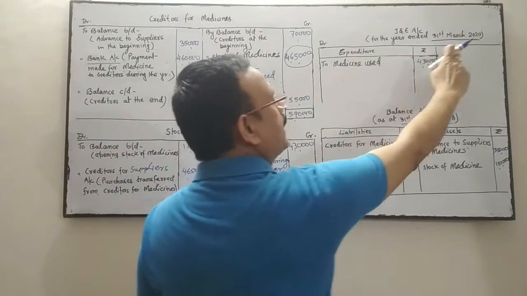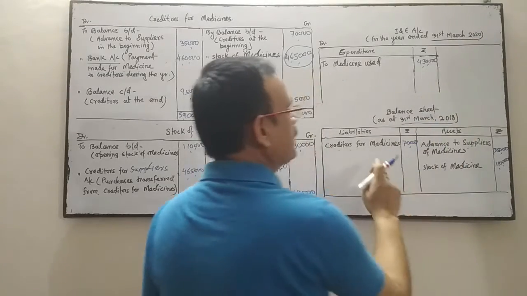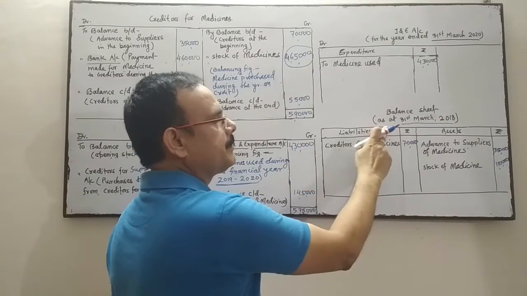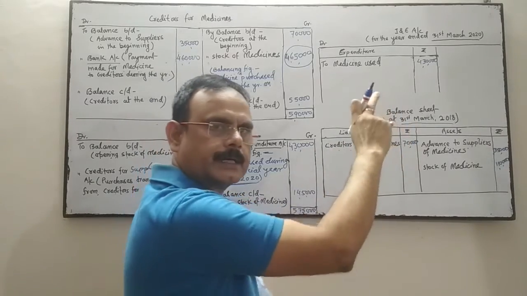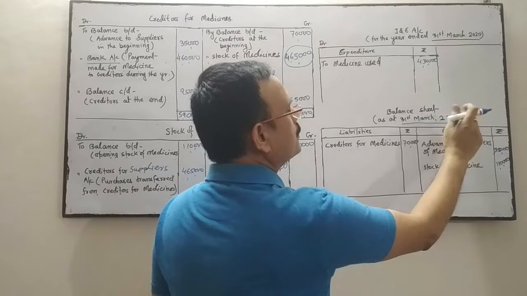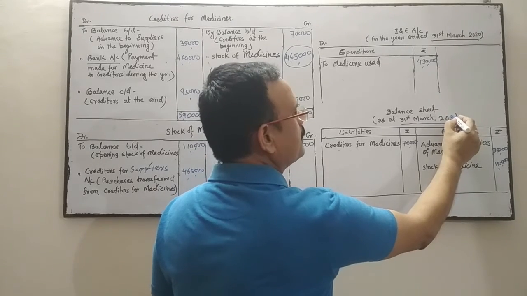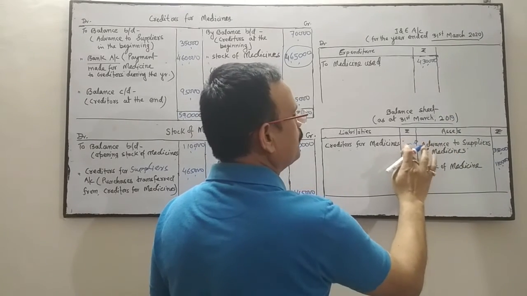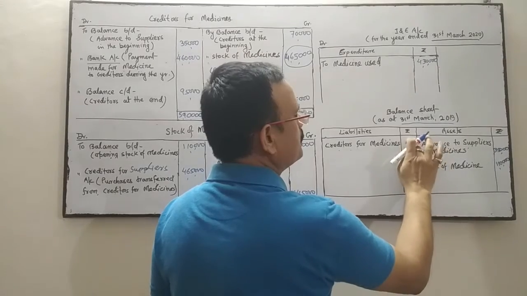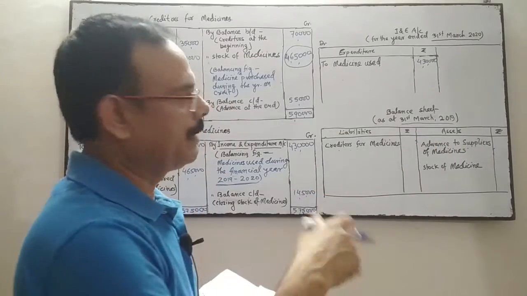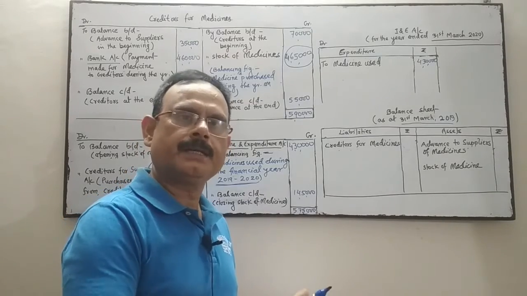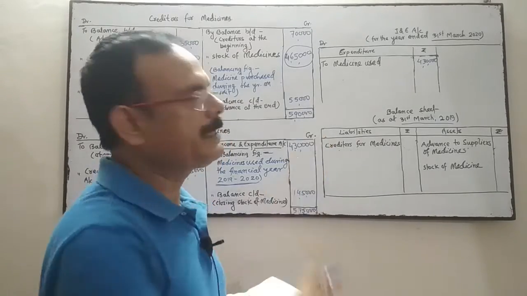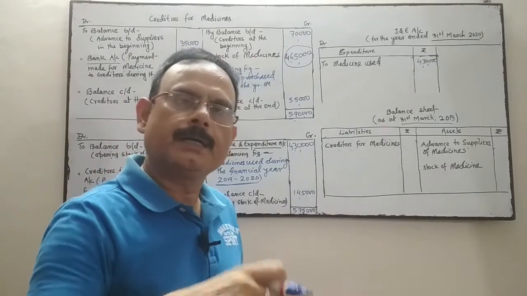The current financial year ends at 31st March 2020. First, I have prepared the balance sheet of the last year. Now, if I am going to prepare the balance sheet of the current year, the figures will be changed over here. While preparing the balance sheet of the last year, I took the figures of the previous year. Now for the current year, I am going to take the figures of the current year.